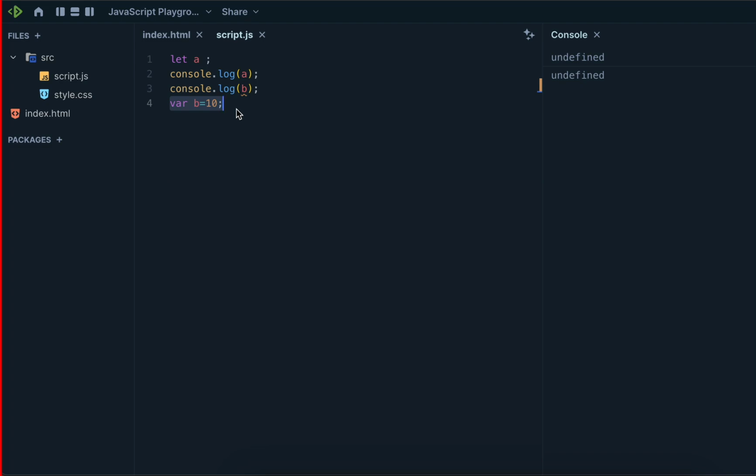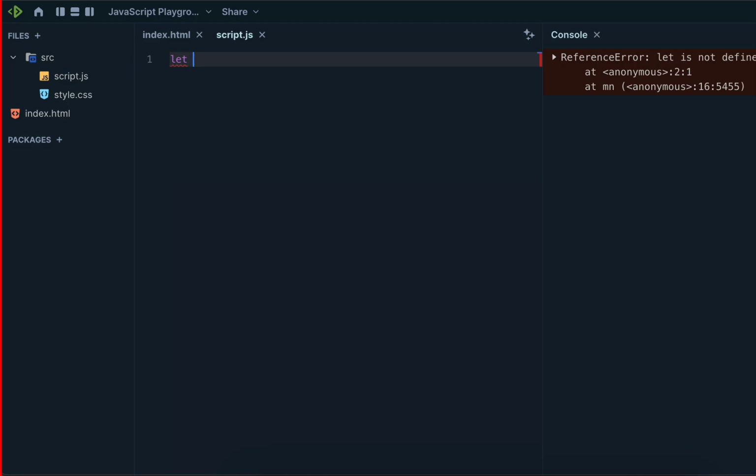Okay, so the next question, 1 minute. Let num is equal to 1 plus 2. Tell me the output for this question.